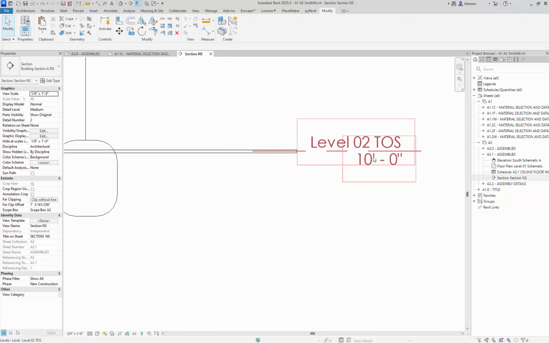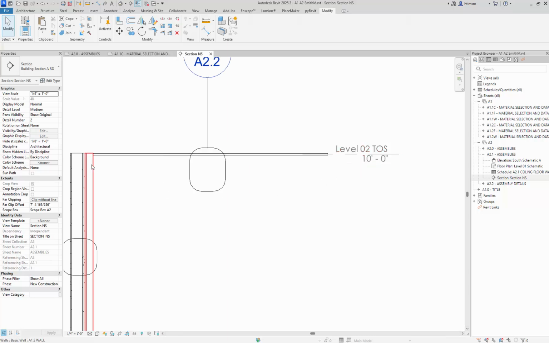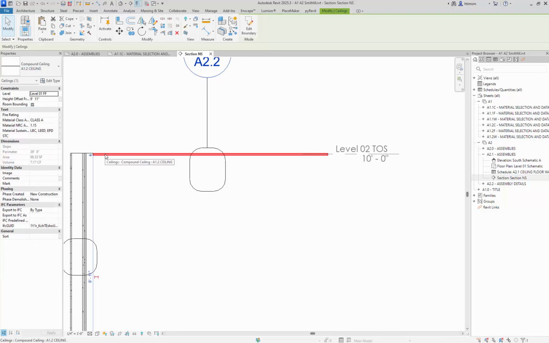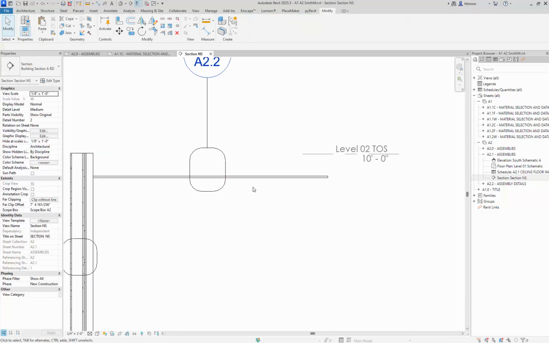Right now it's not adjusted to the ceiling, which is fine because it's actually going to go way below, because this is going to be the top of the slab of the finished floor, the structural floor. So let's go ahead and take this guy and set the height offset from the level 0. Let's set that right now to 9 feet. So it'll just move it down, right? It's just moving that down to be the suspended part of the ceiling. And then when we come back, we'll make the actual deck